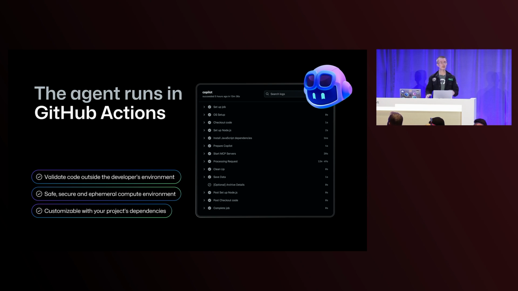So given the agent has Bash, it can run apt-get install, it can run npm install, it can run whatever you want. But if it has to do that every time it starts up working on your project, that takes a bunch of time, and it might make mistakes. So I can write a GitHub Actions workflow for my project that will set up the agent's state and get everything ready and pre-installed. So when the agent runs npm run test, everything's already there, the dependencies are ready to go, and it can get straight into the work that it's trying to do.